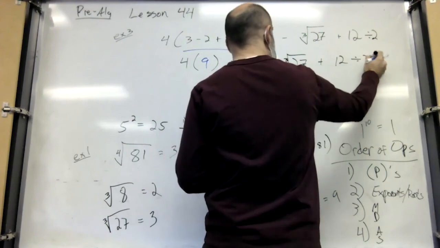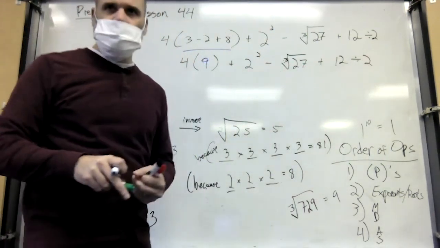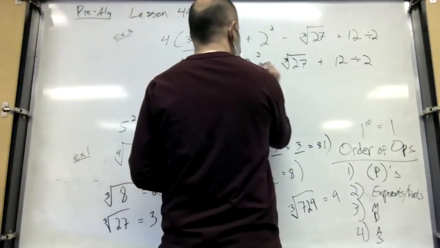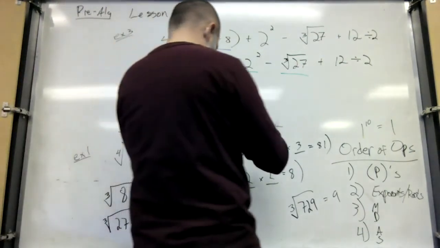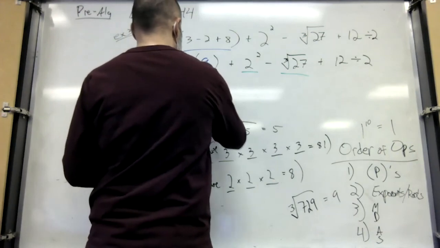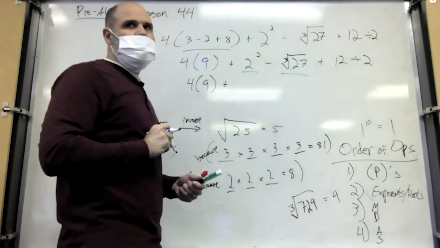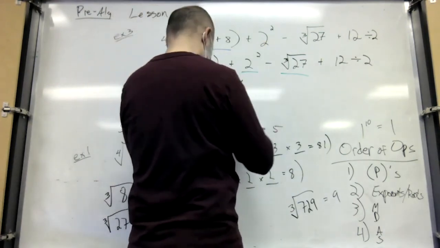Now, what comes after parentheses? Exponents, so powers and roots. That's what's next. Okay, so I'm gonna rewrite everything the same here. 4 times 9 plus, what's 2 to the second power? 4. 2 times itself is 4. Okay, so 4